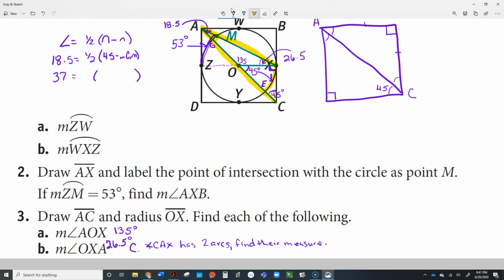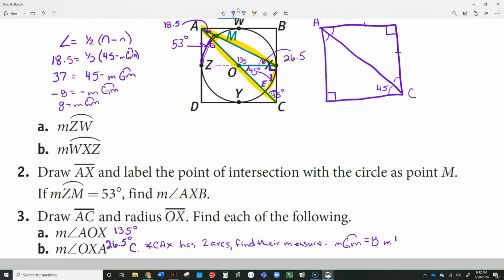And then I have just 45. That leaves me 45 minus the measure of GM. So now when I subtract 45 from both sides, I get -8 is equal to negative measure of GM. So divide both sides by -1, and 8 is the measure of GM. So this arc right here, now we named it GM, the measure of GM is 8, and